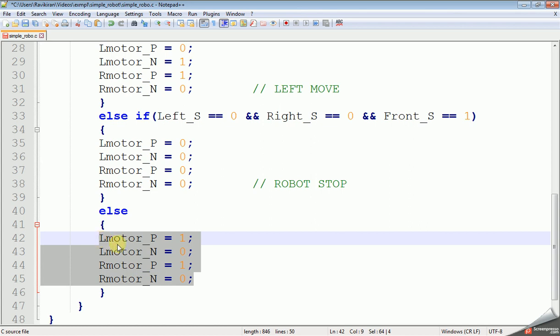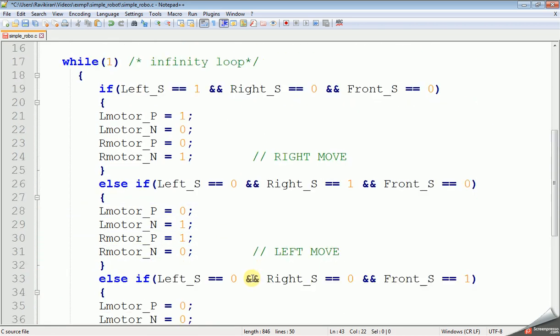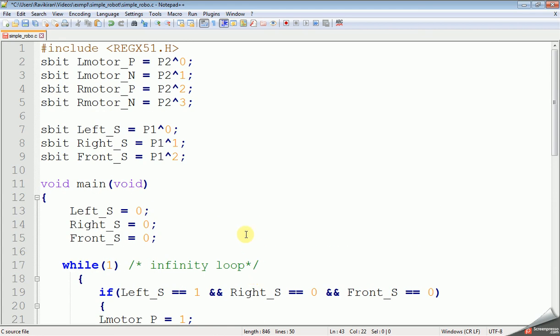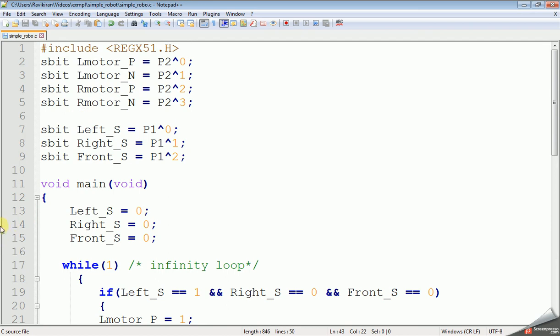So whenever there is an obstacle at left, it will move right. Whenever there is an obstacle at right, it will move left. And whenever there is an obstacle at the front sensor, the robot will stop using this logic. It's a simple program you can do. Just save it and go to Keil.